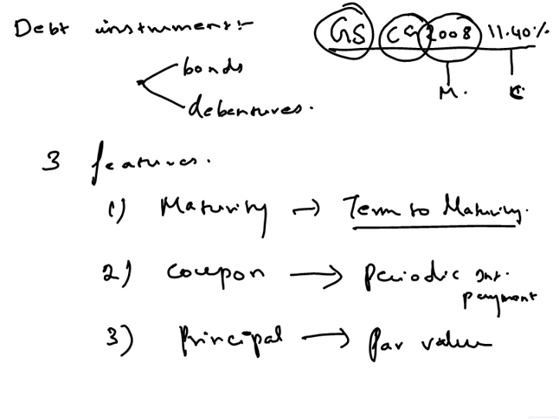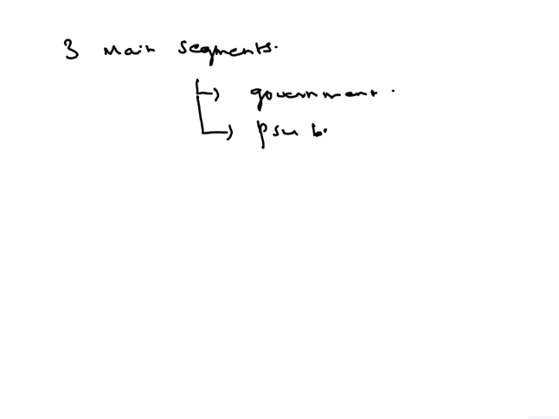Let's see what are the major segments in the debt market in India. Again, there are three main segments in the debt market in India. One is the government securities, another one is the public sector PSU bonds, and obviously the third one is the corporate securities. Usually the market for the government securities comprises center, state and state-sponsored securities. In the recent past, even the municipalities have begun to tap this debt market for funds.